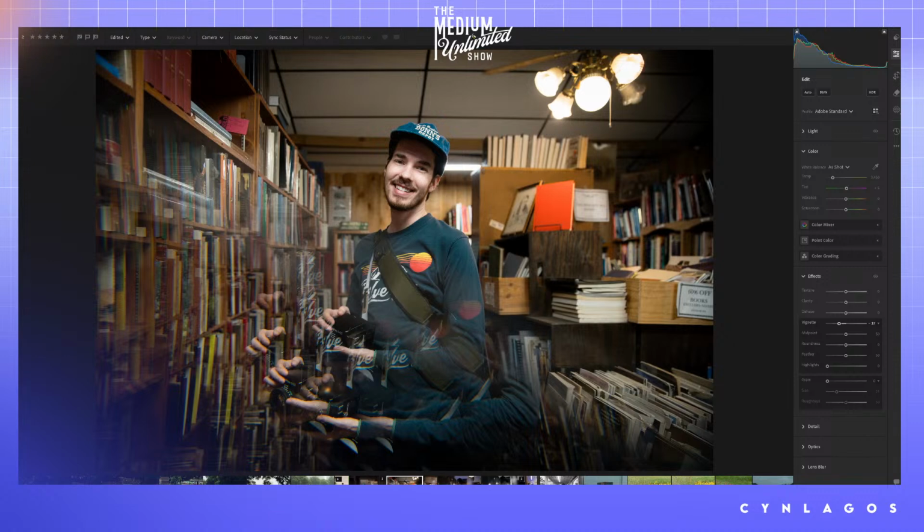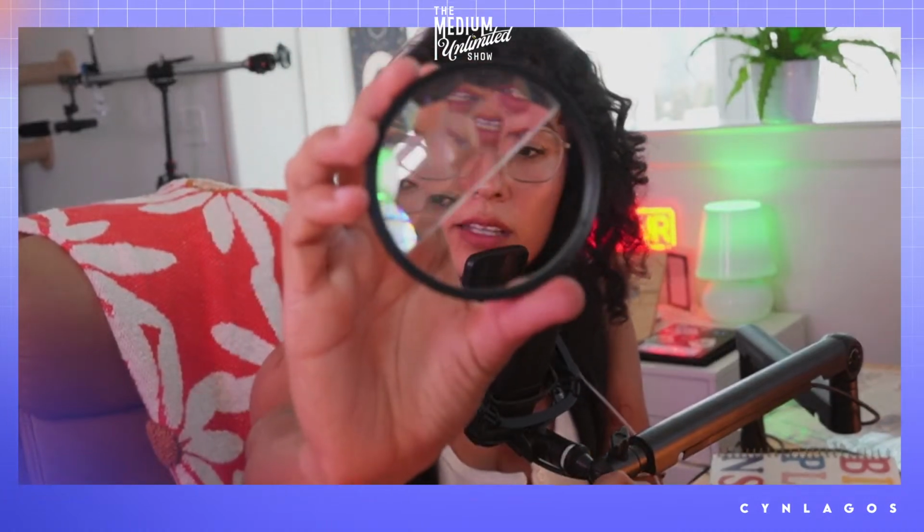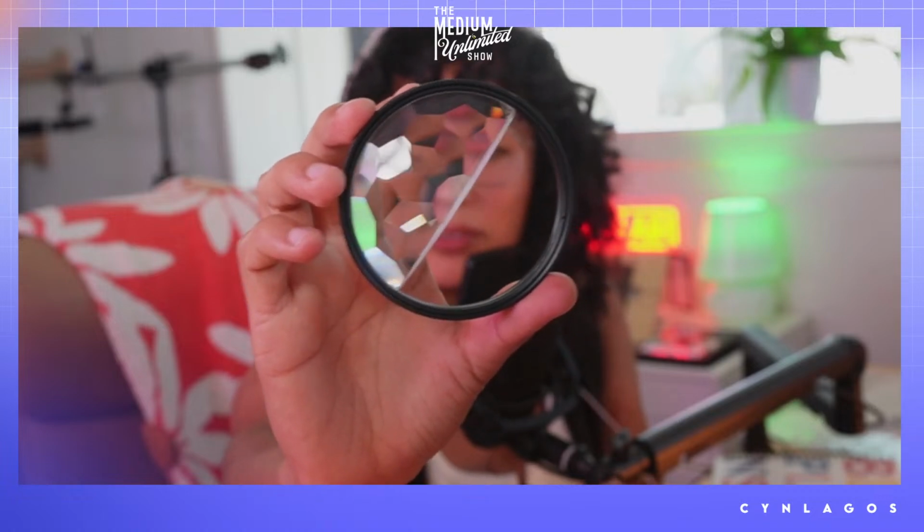Okay, so I couldn't immediately find the photos, but I did find the kaleidoscope filter. So let me show you that. Okay, so this is my kaleidoscope filter. Look at that. Isn't that cool?